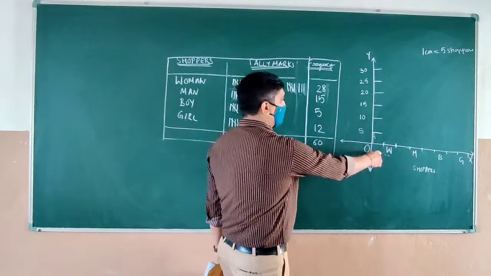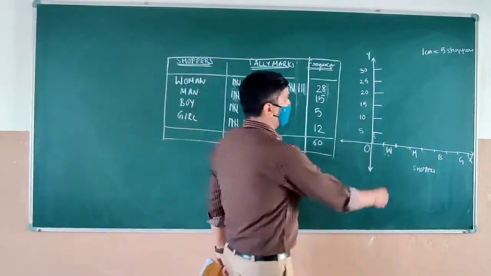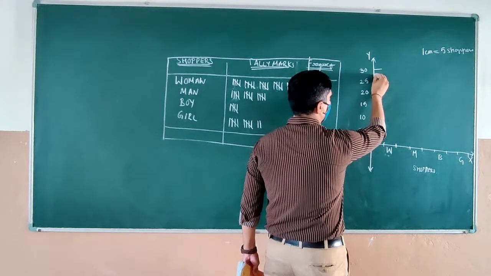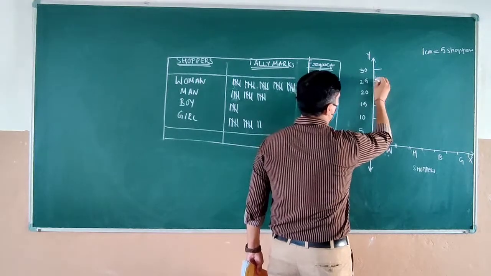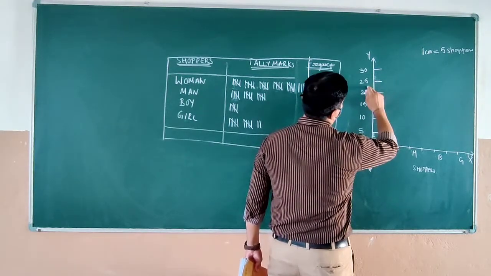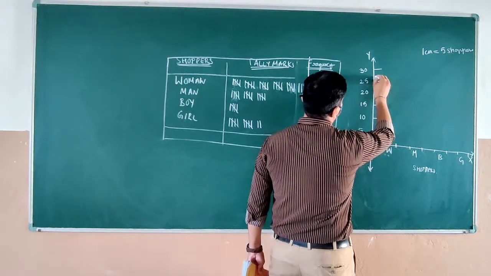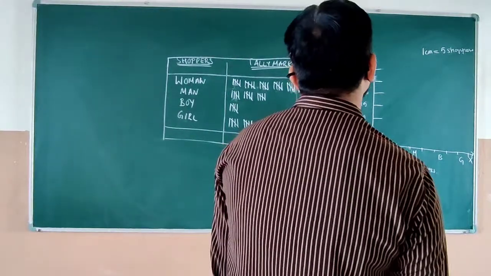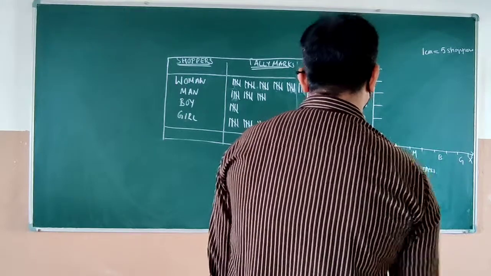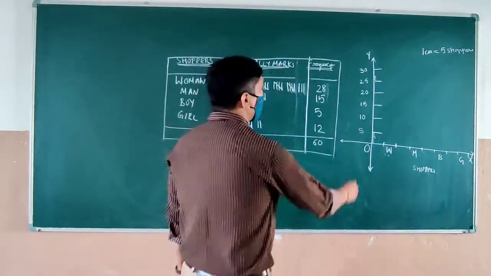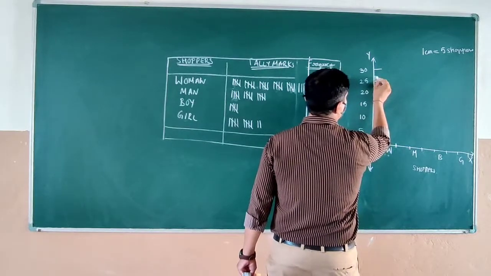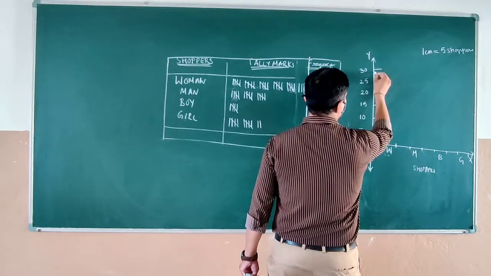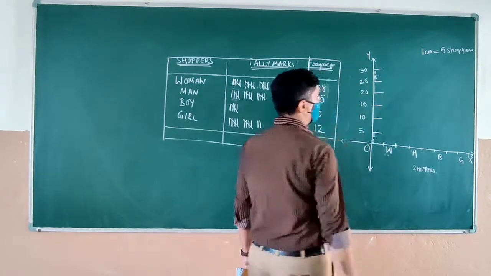Now, women, how many are there? 28. So definitely 25, then 26, 27, 28, 29, sorry, yes, not here, 26, 27, 28, 29, 5, 10, 15, 20. Okay, we have taken 5 here, no? Sorry, my mistake. This will be 26. That means here it will be 26. Here it will be 27. Here it will be 28. Here it will be 29. And lastly 30.